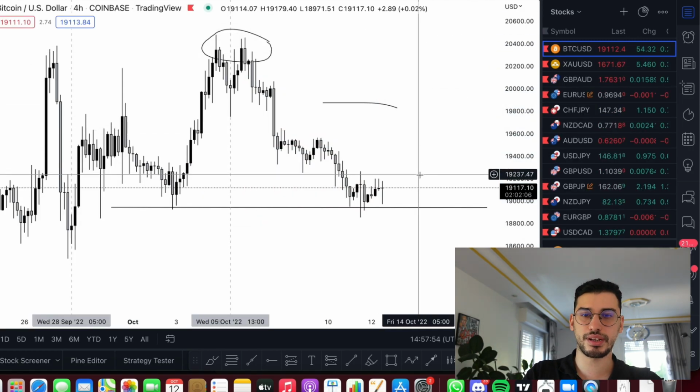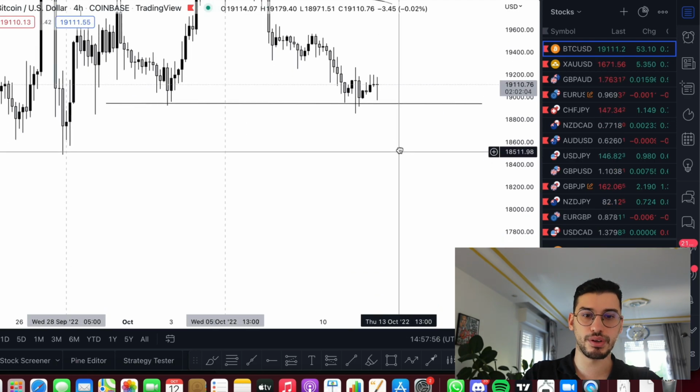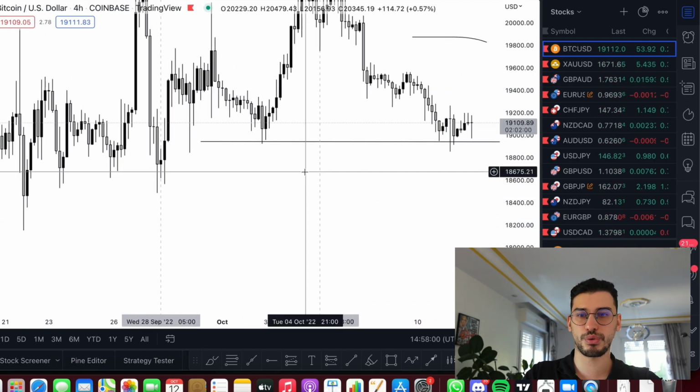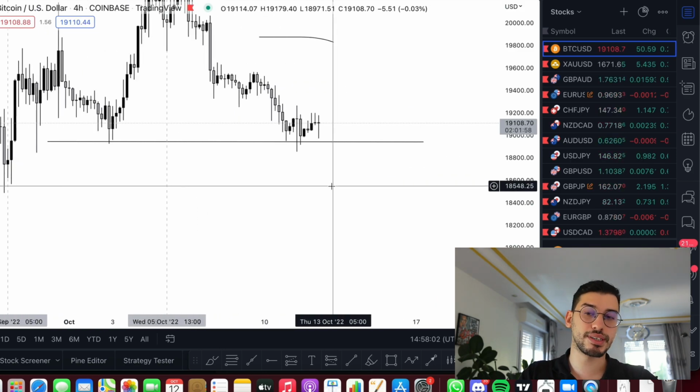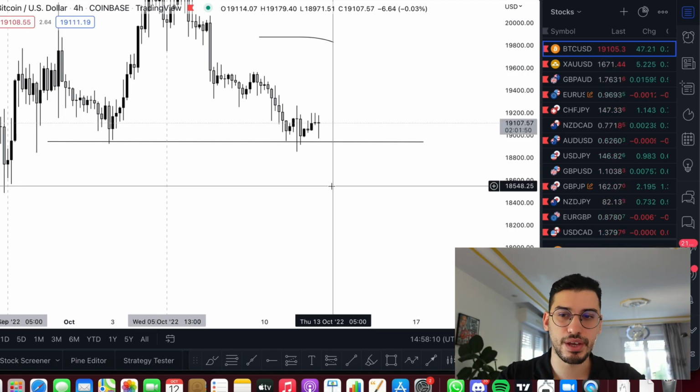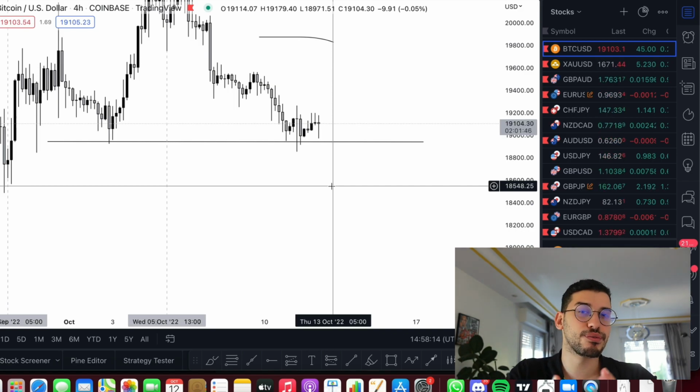Let's look at Bitcoin again. Yes, right there. It might fall down into these areas right here, take out all this liquidity right here through to the downside. The reason why that might happen is that inflation is up, so up because gas prices are going up, and they might also increase interest rates again. Now the interest rates decision is going to be in November, so we will know nothing for sure as to what their next move would be until November.